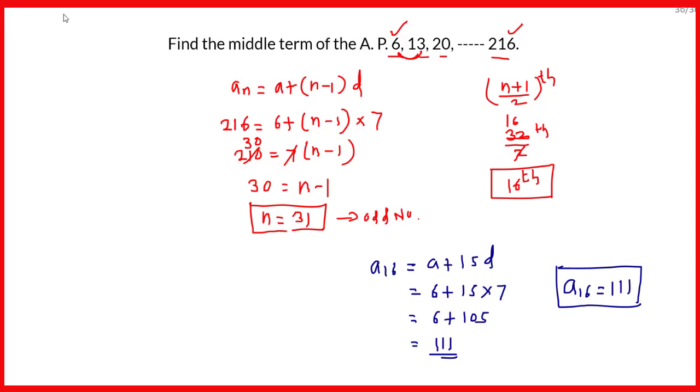Friends, this is a question of 2 marks, not 1 mark. So here first you have to highlight the step, how many terms you have got. Then the middle term, what middle term you have got, that is the 16th term is the middle term. So highlight this, and finally highlight the 16th term, that is 111. So here there are 3 important steps. First one will be n, the number of terms. Second will be the middle term, and third is what that middle term is. So these 3 important steps are there.